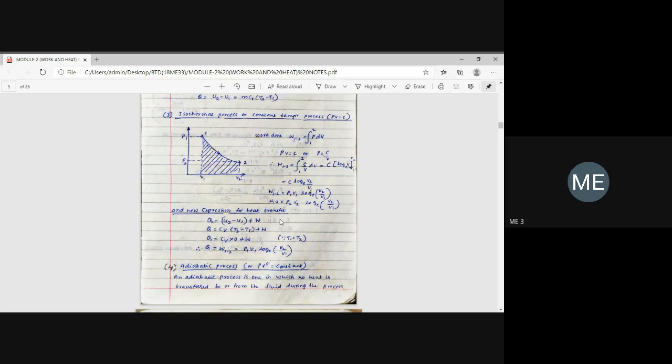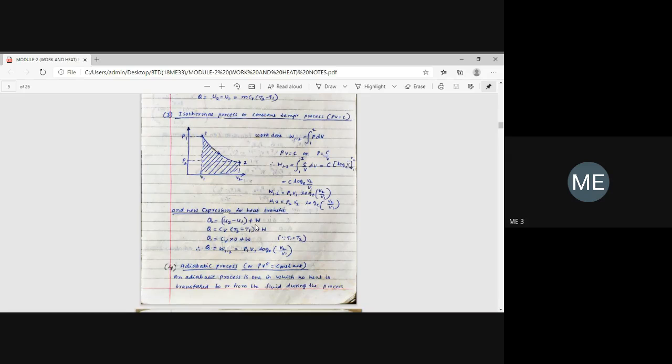As I said, first you have to write the first law of thermodynamics. Q equals to delta U plus W. Delta U is nothing but final internal energy minus initial internal energy, plus W. Okay, as I said, delta U is always given by CV into T2 minus T1. This is a standard formula you should remember for U2 minus U1.